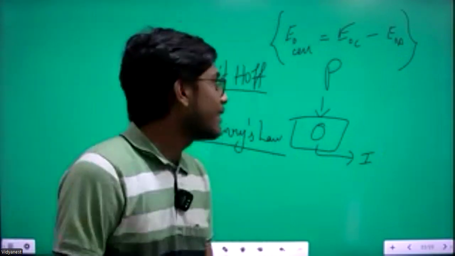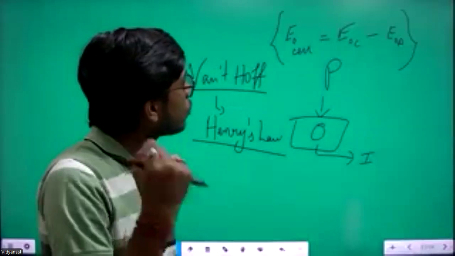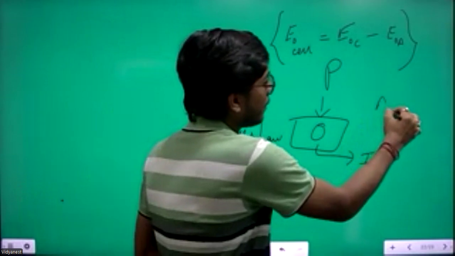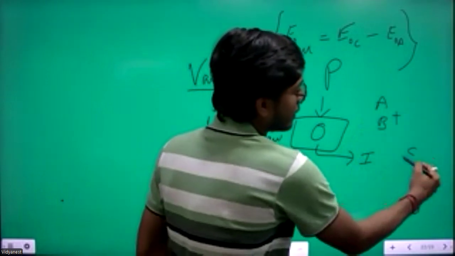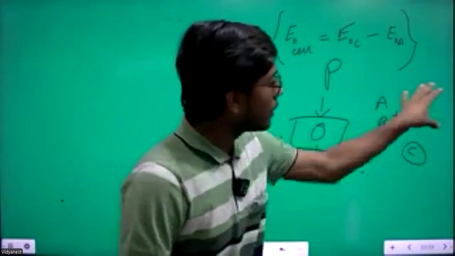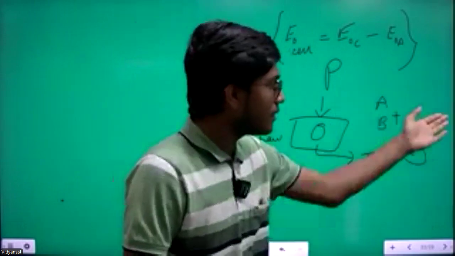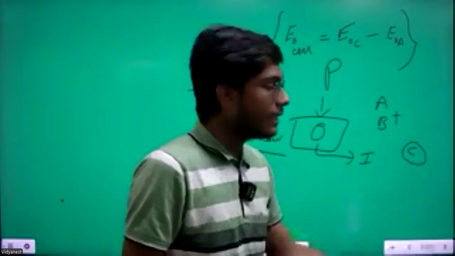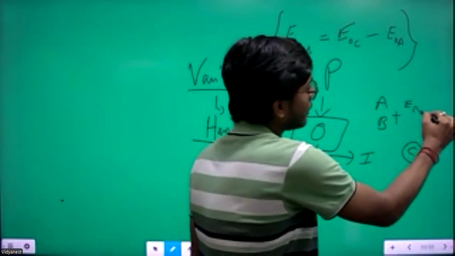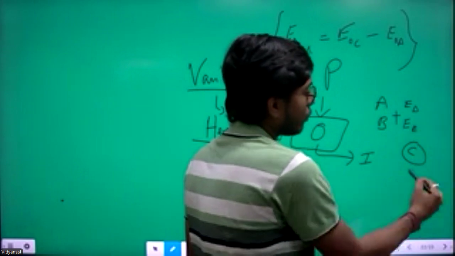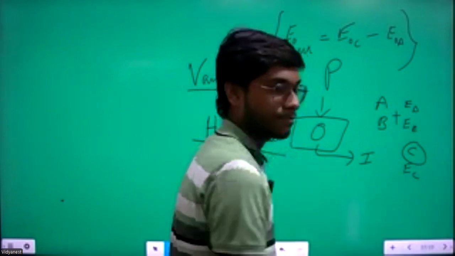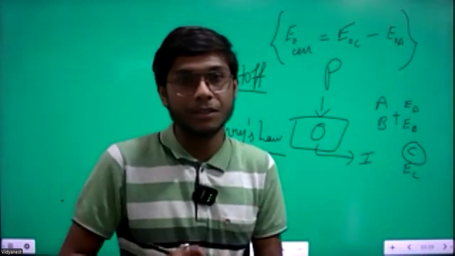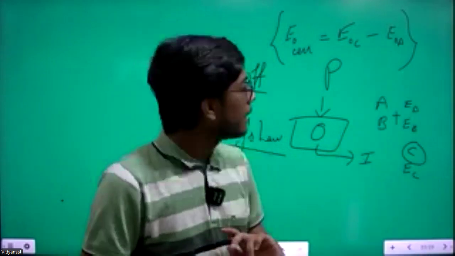Yeah. I'm just asking you one thing, just in order to understand whether your concept is clear or not. Suppose we have two reactions, A and B, and we add them to get another reaction C. If you are given the electrode potential of these reactions, can you find me the electrode potential of this particular cell? Have you done these types of questions before, when you learned the Nernst equation? Could you repeat the question, please? I'm repeating.